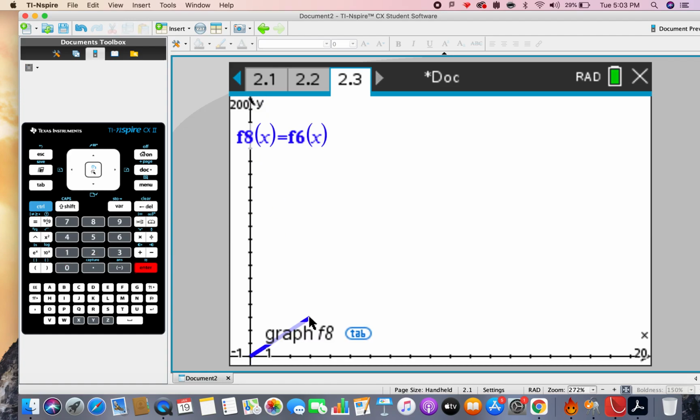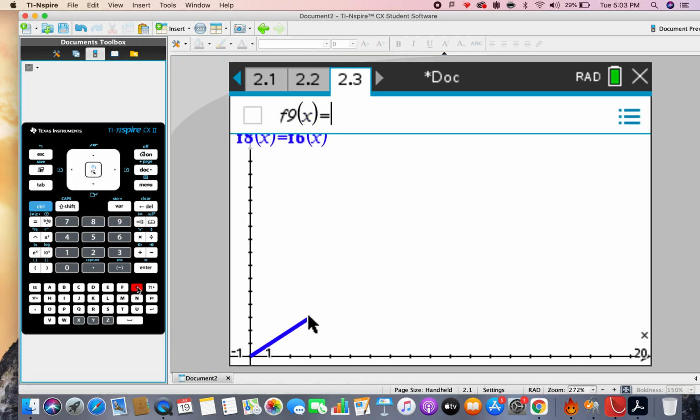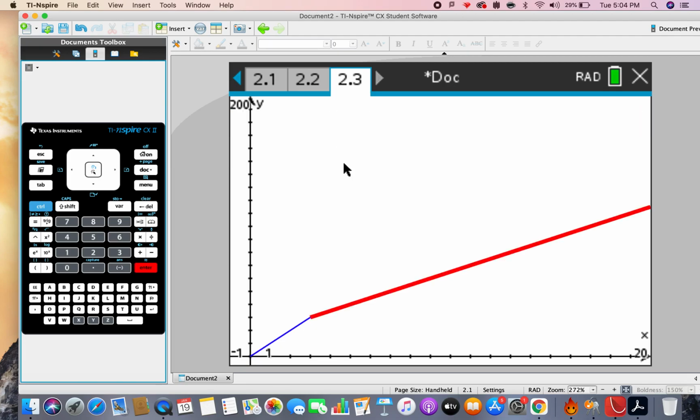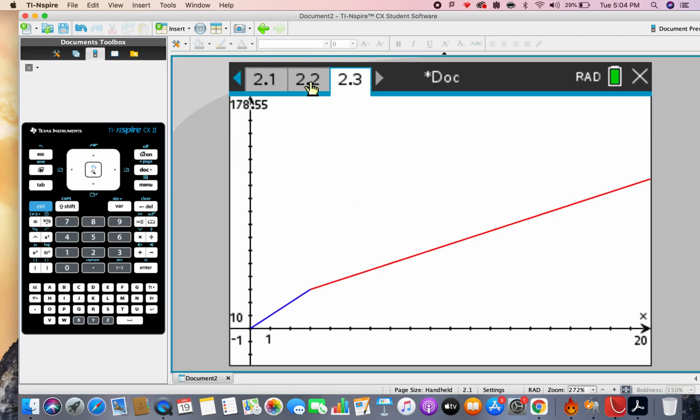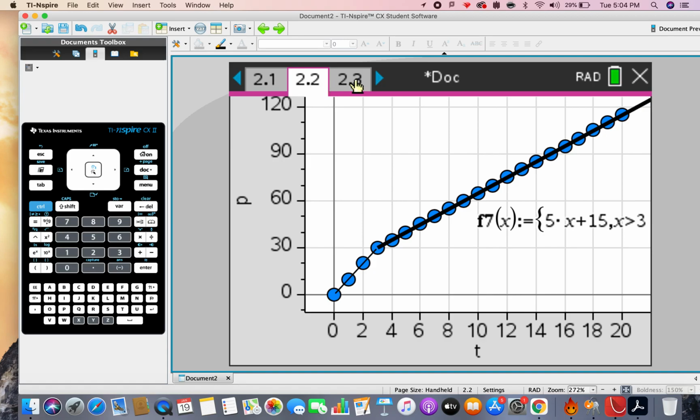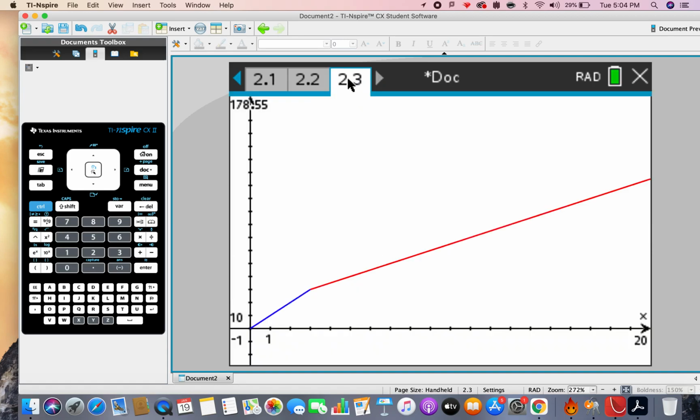Okay, so there we go. There's the first bit of the graph already there. And now if I do Control G, shortcut to plot the graph, I've already got F6 of x. I'm going to type in F7, open bracket, close bracket, x. Fantastic. So look, we've just transferred from our scatter graph here with all the points onto just a normal